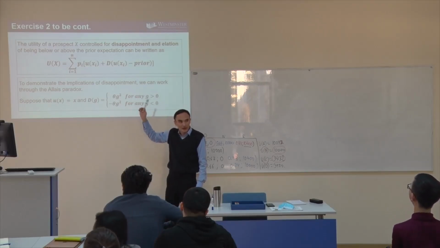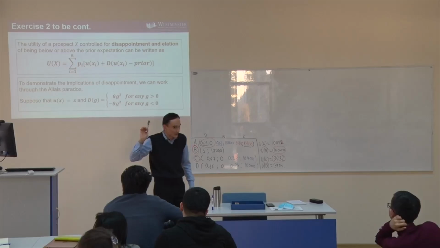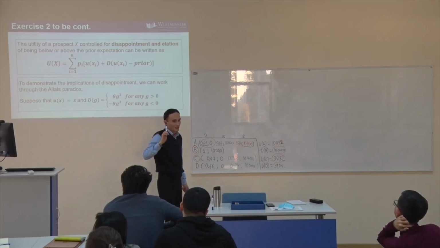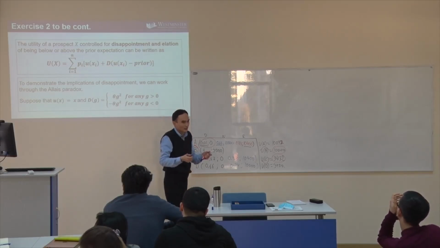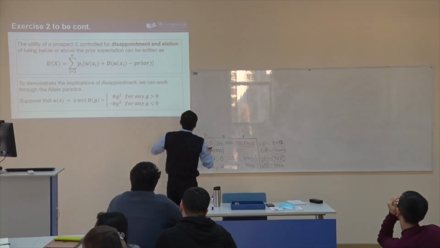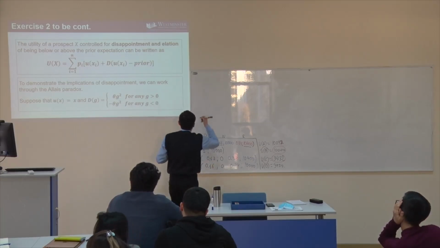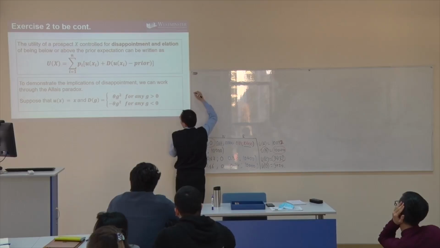Now, listen very carefully, okay? This is really confusing if you don't understand. It's very easy, but it's very confusing. So if you understand it, and you have it in the exam, all you need is a calculator. The answer will be ready for you. All right. So let me write down that expected utility function for disappointment, okay? So where should I write? Okay, let me write it here.